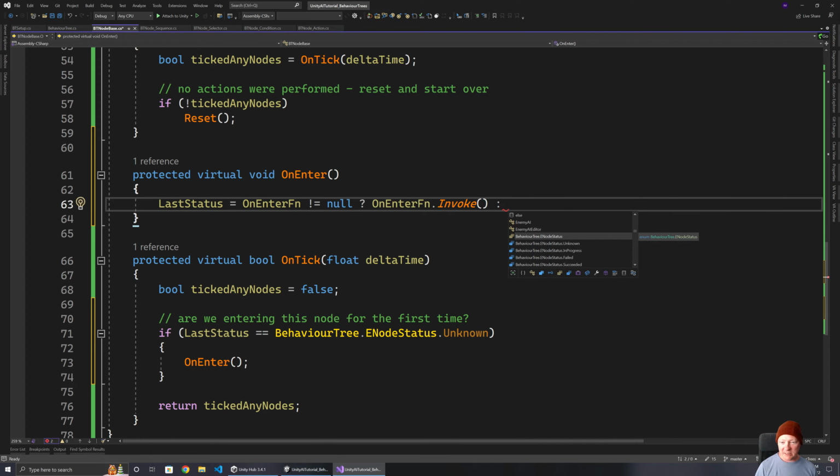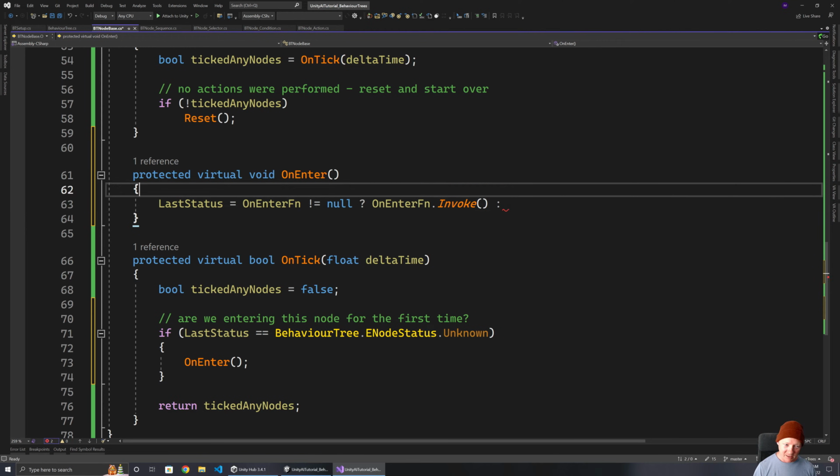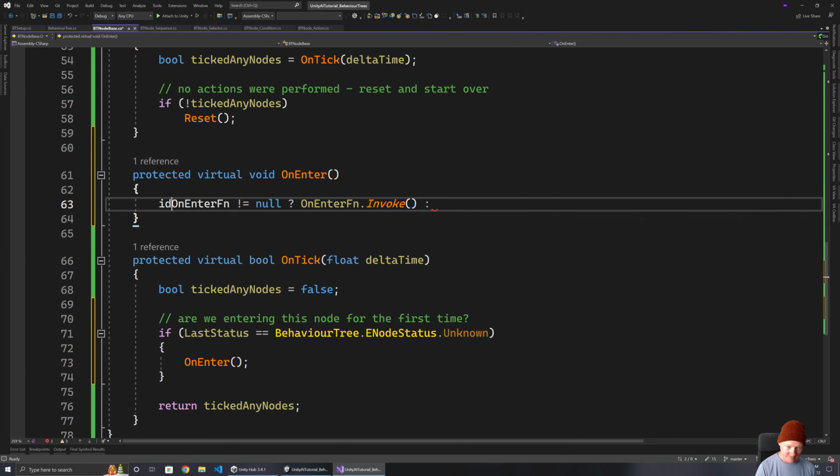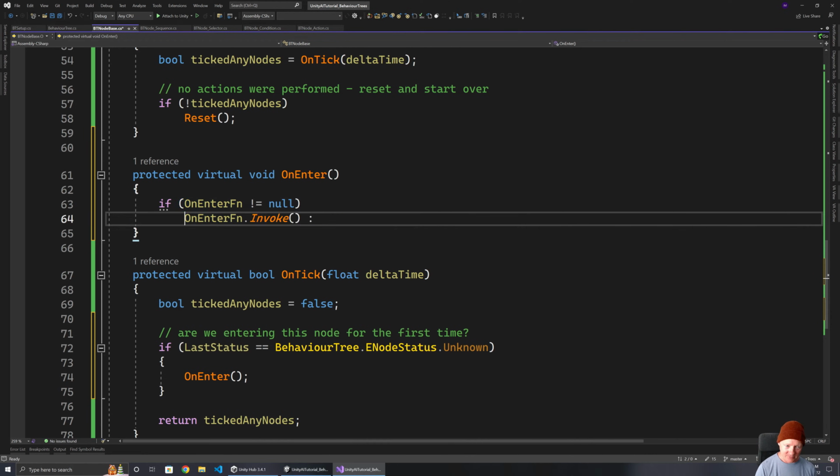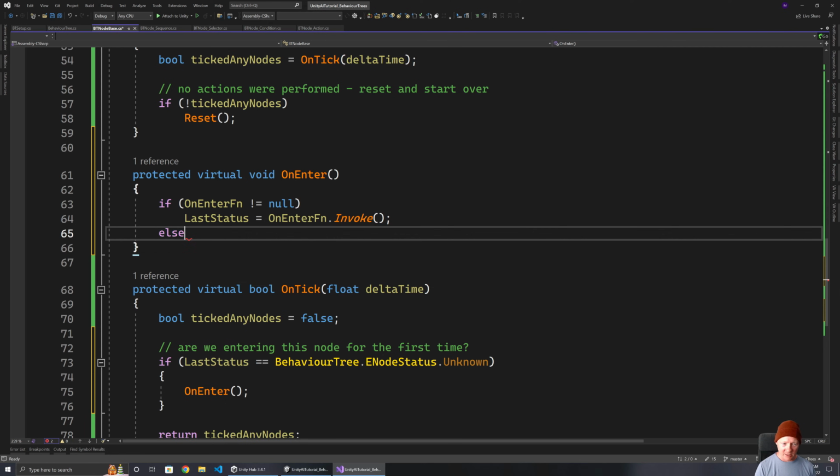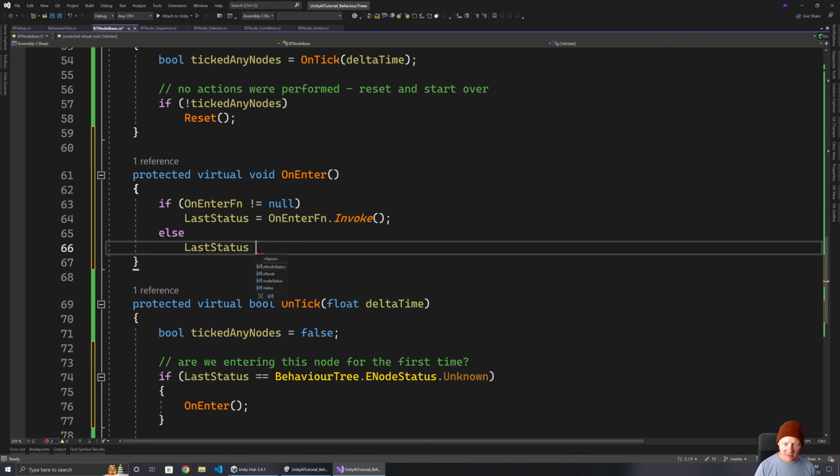Otherwise, we need to check if we've got children. So this is where it starts to get a little bit complicated. So what I would actually do is break this up a little bit. This is a case where using the ternary expressions starts to get a little bit messy. So in this case, I'll break it out into a last status variable, that. So that then what I can do here is I do still end up using a ternary one, because